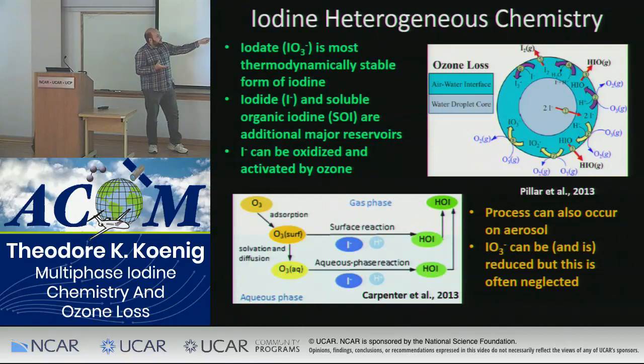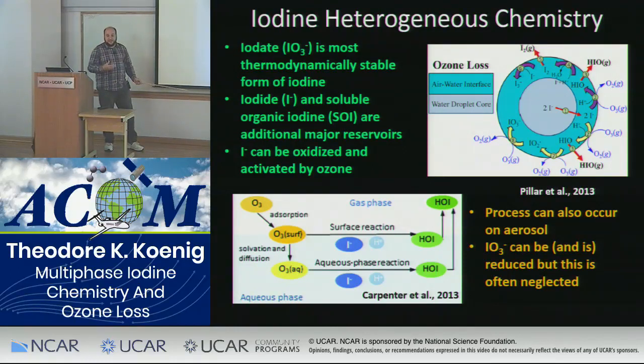We do know that the first step of this reaction is approximately 1 million times faster than the reaction with bromide, and the result is that uptake of ozone onto sea salt aerosol is believed to be dominated by trace amounts of iodine in the aerosol, that they dominate over any reaction with chlorine or bromine.